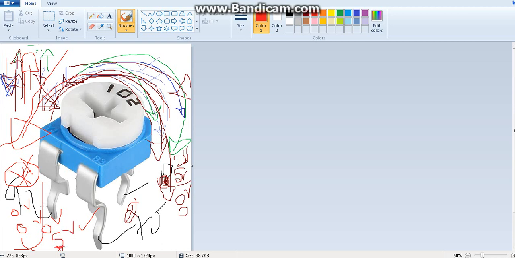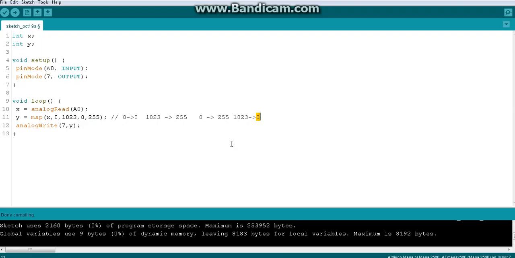So earlier, when we were at the 0th point, the analog input 0 point, our output was 0 voltage and the LED was off. Now when we are here, we want the output to be 5 volts, and the LED should be at its maximum brightness. You understand what I'm talking about, guys? That is what I have written here. When we are at the 0th point, the maximum output should be there, 255.